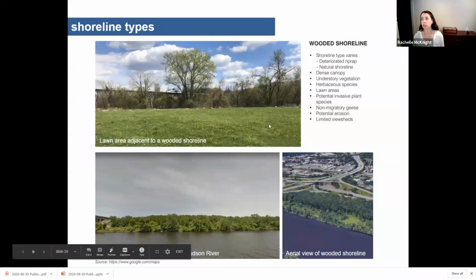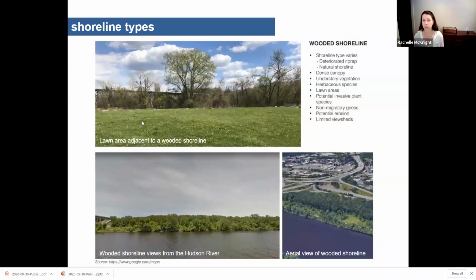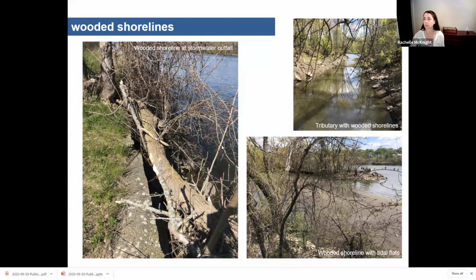This is in juxtaposition to wooded shorelines or completely natural riverine shorelines, and this is very often seen in the Riverfront Preserve, not really so much anywhere else along the shore, but even at the Riverfront Preserve there is a mix of revetment, sometimes just at the toe of the slope or the very bottom of the slope adjacent to the water. But this is where you're seeing most of your woods and natural landscape in the project area. As you can see here, there's quite a bit of instances where trees have fallen into the river. That's a completely natural process.